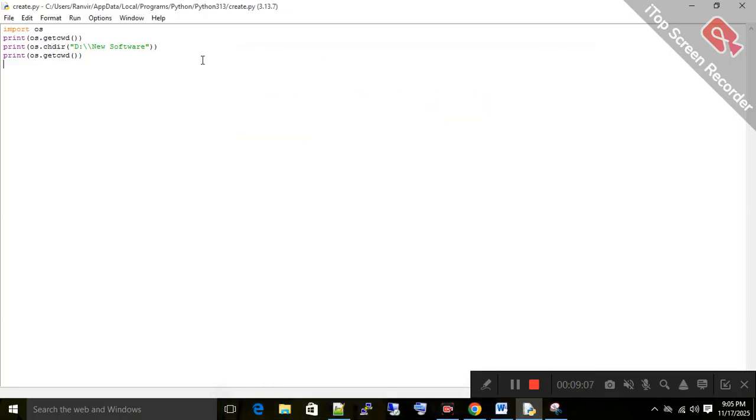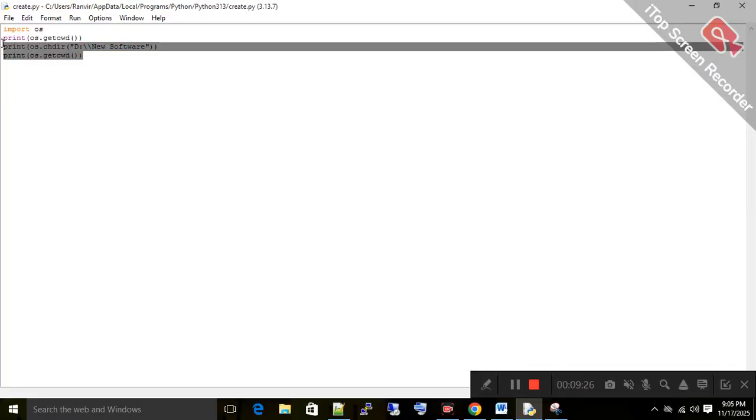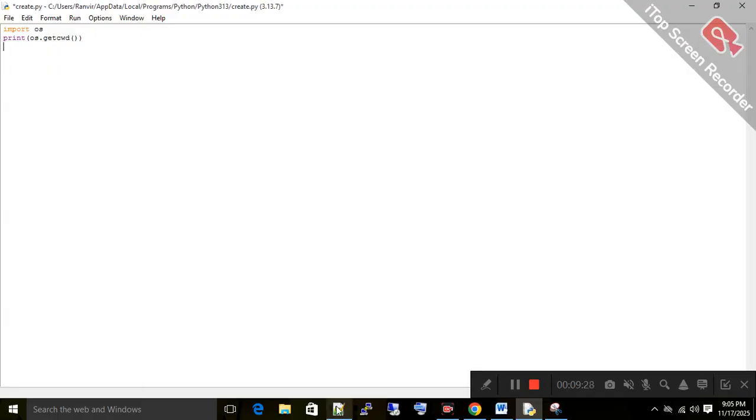Okay, so now my current working directory will be, since I have changed it, this directory. Okay, so like this we can change our current working directory by using os.getcwd with the command line. Okay, now next thing is